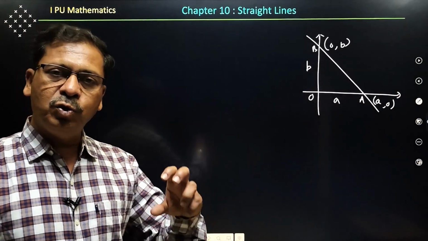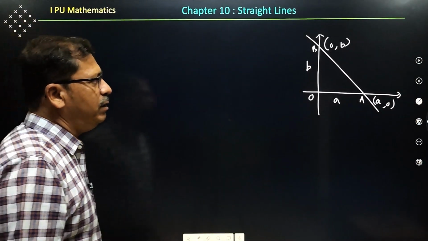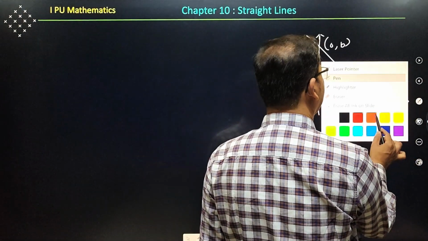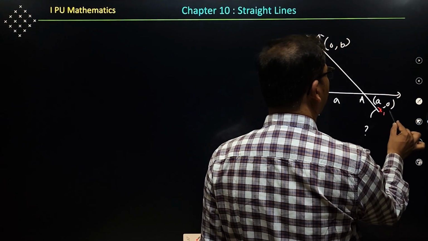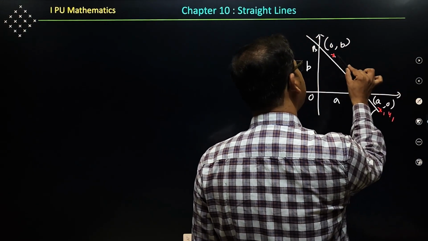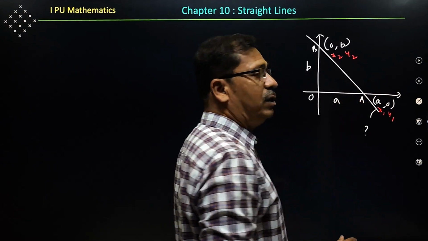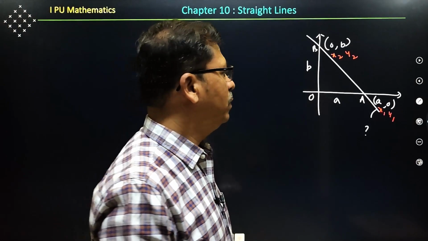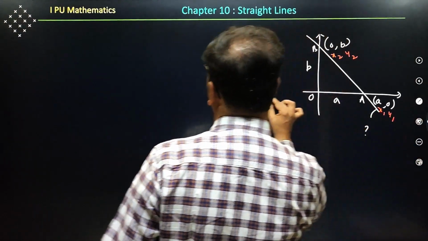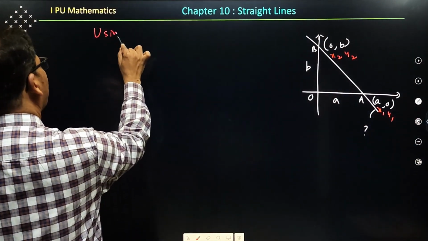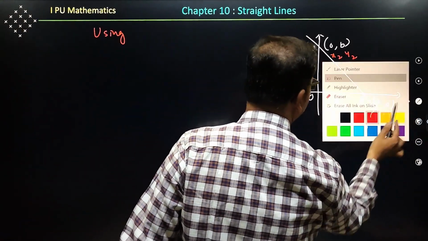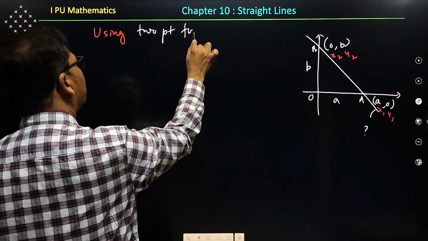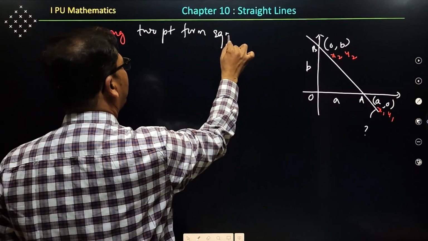Now let us use the 2-point form to find the equation of AB. Its equation we need to find out. Please concentrate. This is x1, y1 for the time being, and this is x2, y2 here. Recall the 2-point form. Using the 2-point form, the equation of AB is,